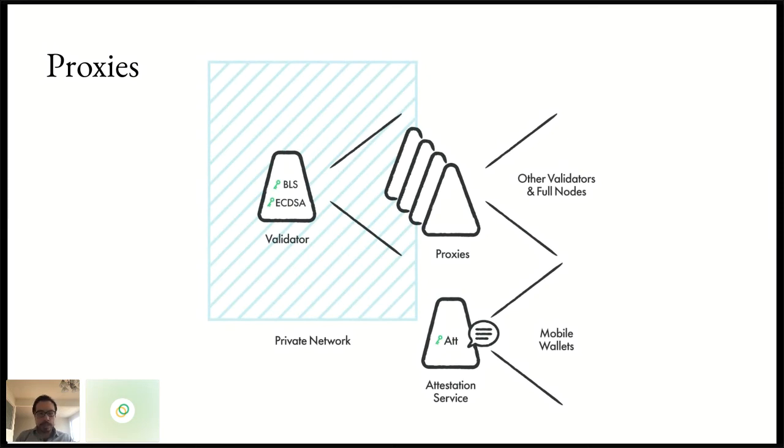So these proxies will allow validators to be run within a private network. And because they are running in a private network, it would also provide more protection against attackers trying to break into the machine and retrieve its private key. The validator within the private network will be connected to the proxy, and the proxy basically provides external network access for this internal validator.